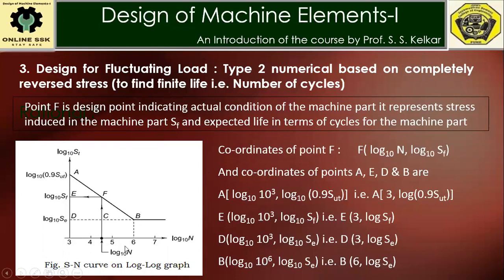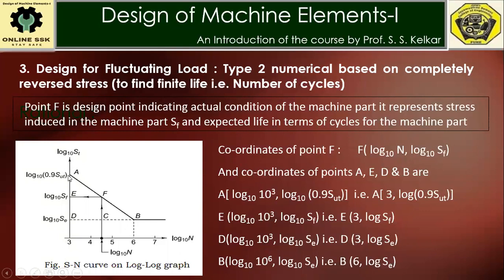S is the stress, N is the number of cycles. S-N curve, otherwise SN could represent signal to noise, but it has nothing to do with signal to noise ratio. In fatigue failure under fluctuating stress, S-N represents the stress versus number of cycles graph. Here you should note that this S-N curve is plotted on log graph paper. Both the x and y axes are on the basis of log to base 10.